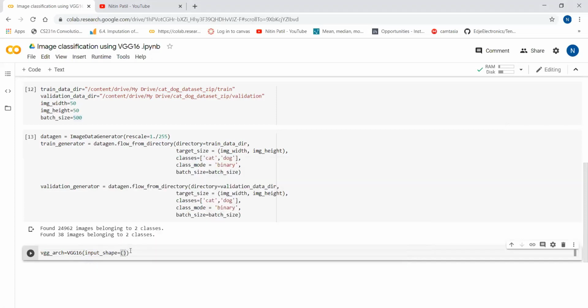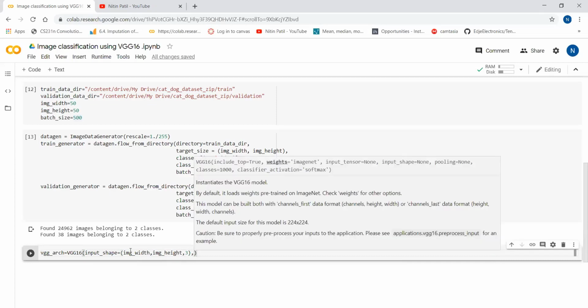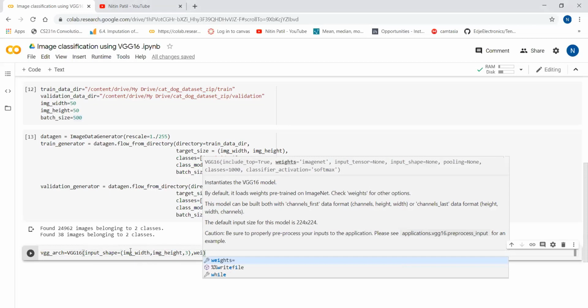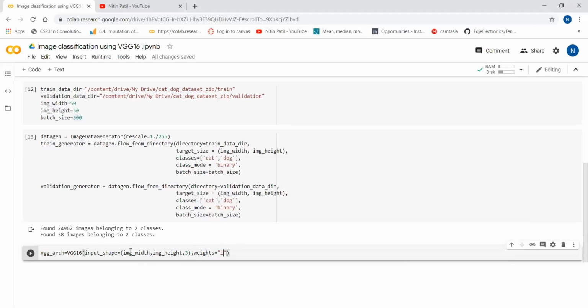Input shape as usual we will say image width, image height and channels. This is colorful images, so three channels are there. Okay, input we have defined, and weights. So weights I will say imagenet.